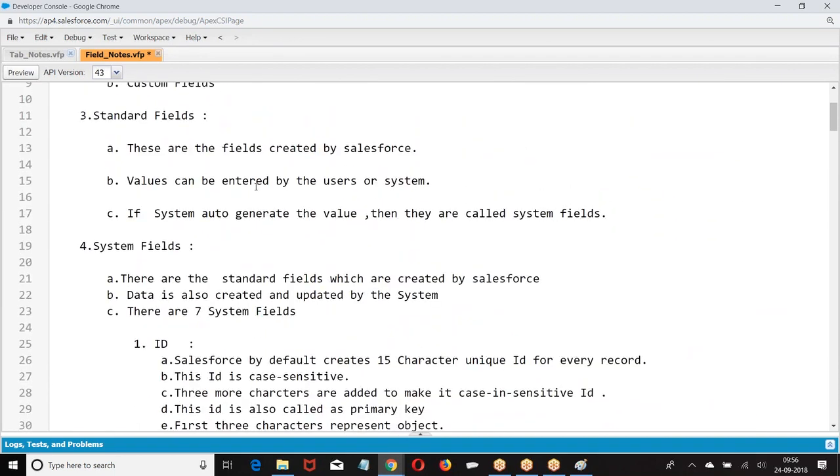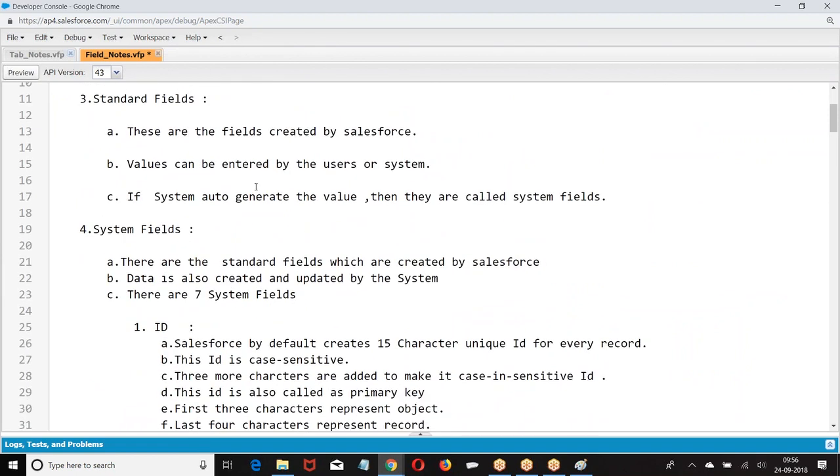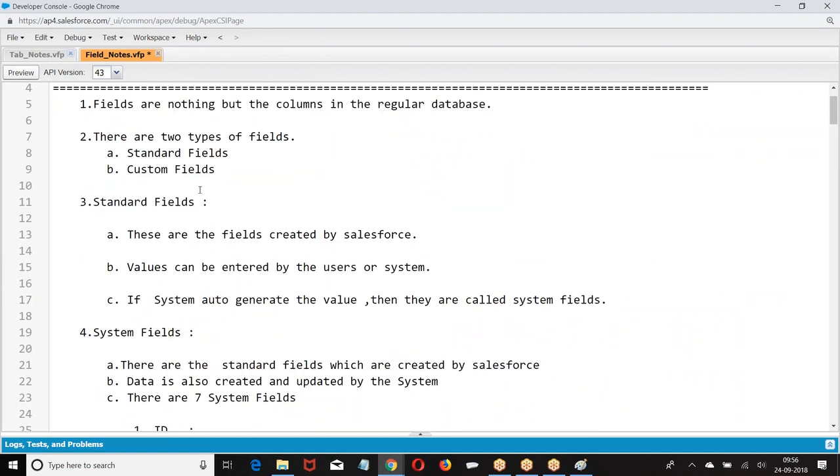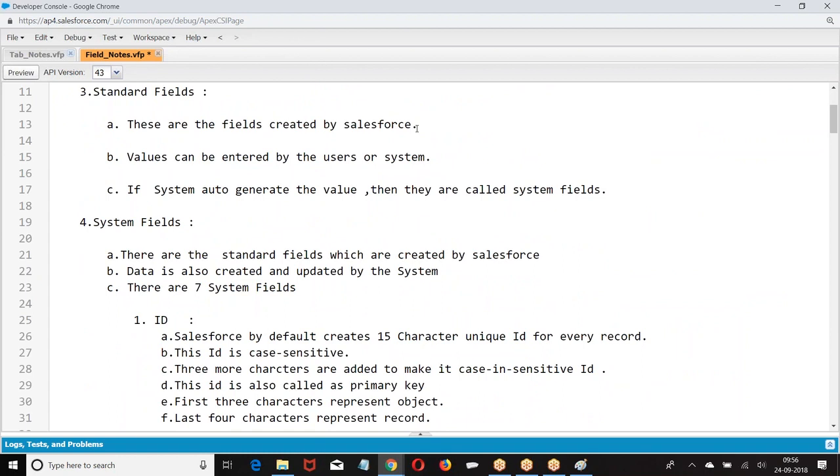I hope you are good with this. So, what are fields? Fields are nothing but columns. Just started with the standard fields. These are the fields created by Salesforce. Values can be entered by the user or the system. If the system auto generates the value, then those fields are called system fields.